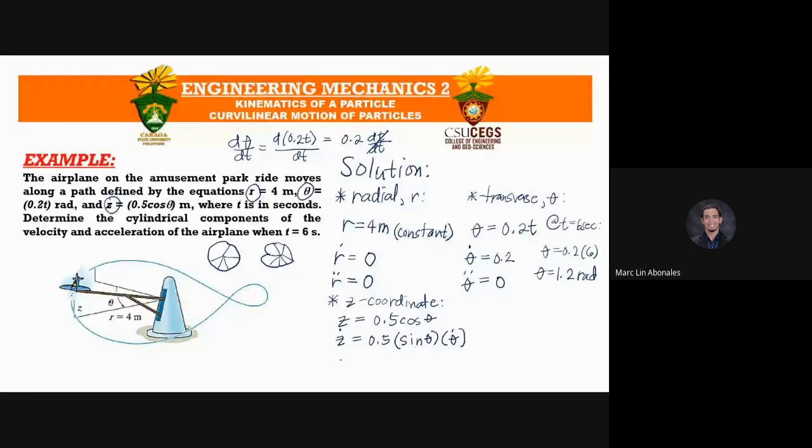And the same with second derivative, derivative na po nato ni. So like what I've mentioned on the previous examples, these two are different entities or different terms. So we do perform again the product rule. So if we let u as sine theta and v as theta dot, so du is